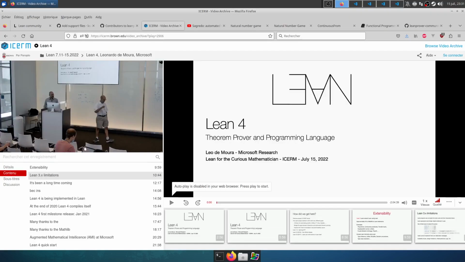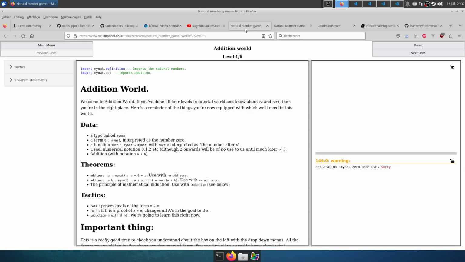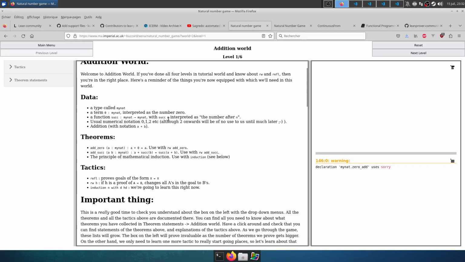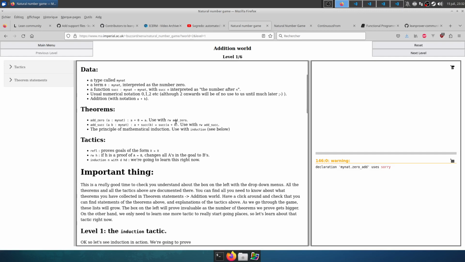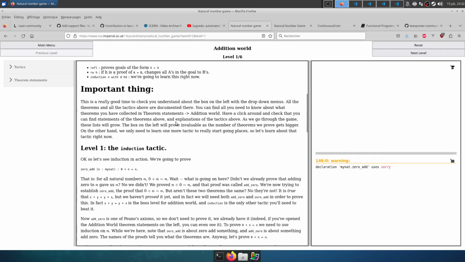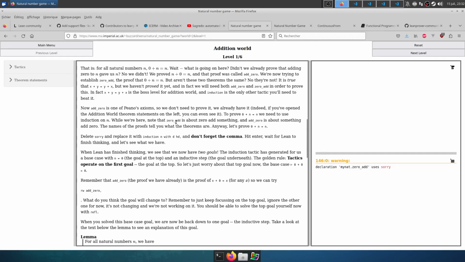What else did we have in Lean3? We have the natural number game, maybe. So you know the natural number game. This is a great introduction to interactive theorem proving. Many of you started with that. And you have to read a lot, because Kevin wrote a lot of explanation, mostly about not forgetting commas that are no longer necessary in Lean4, but